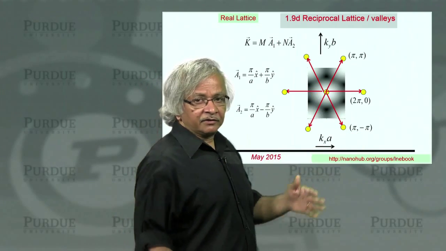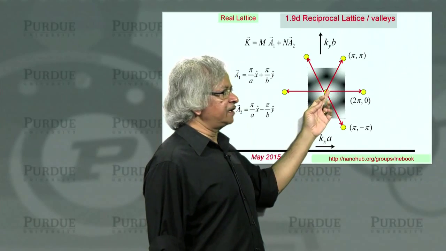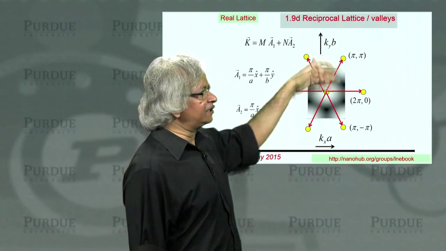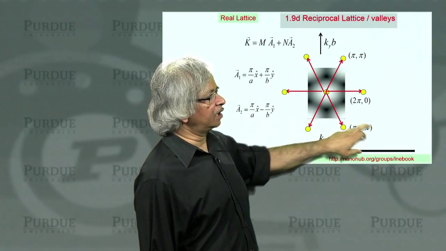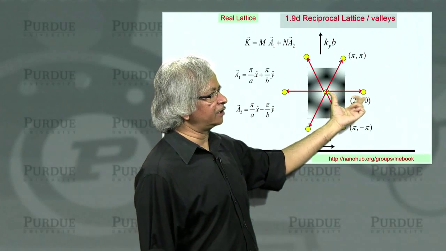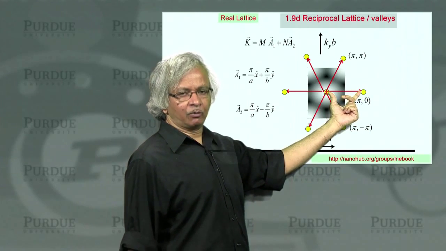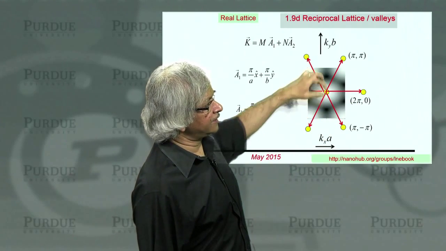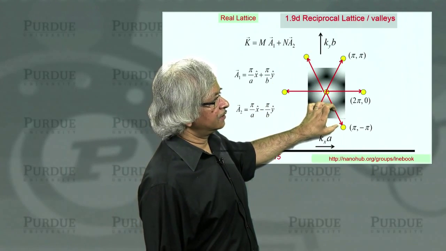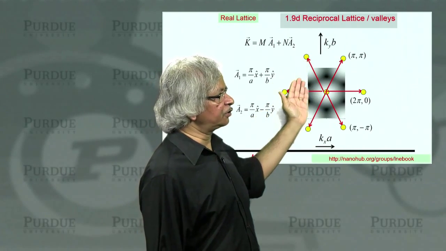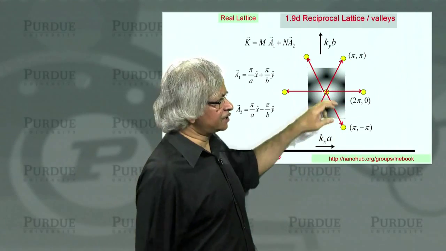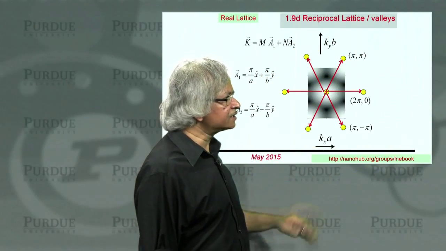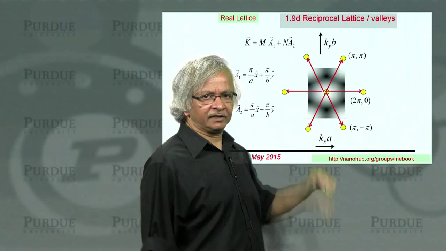What other reciprocal lattice vectors can I construct from standing from here? Well, various linear combinations of A1 and A2. If I add the two, pi comma pi and pi comma minus pi, when I add them, I get 2 pi comma 0. So that's this vector. This is A1 plus A2. This is just the negative of that. Similarly, this is the negative of that, and this, again, negative of this is that. So that's how you can write all the nearest neighbor vectors. And you can have longer vectors, one going out there, for example, and you can construct the entire reciprocal lattice. What we need is just this immediate vicinity.